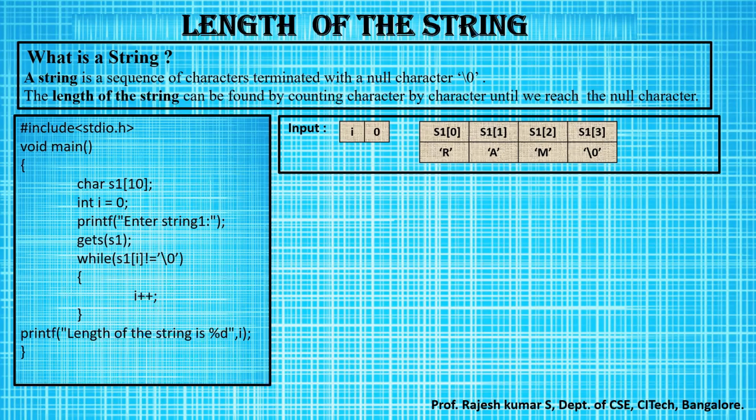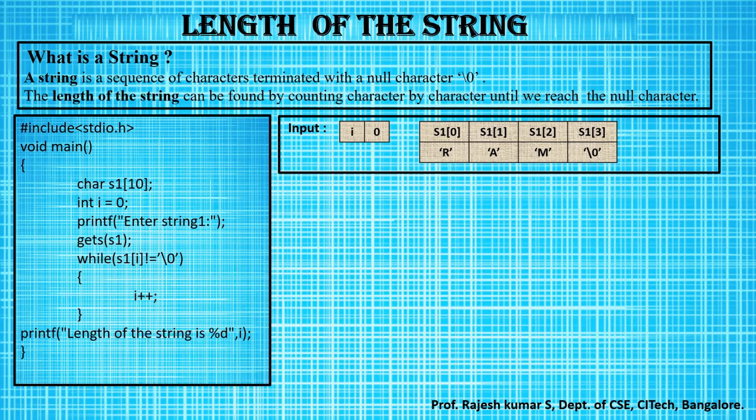Now coming to the program, we write the program by starting with the header file #include <stdio.h>. Then void main is the beginning of the program, and all the statements are written inside the open and close curly braces of the void main. The very first line inside the main function is declaring the variables which will be used in the program.